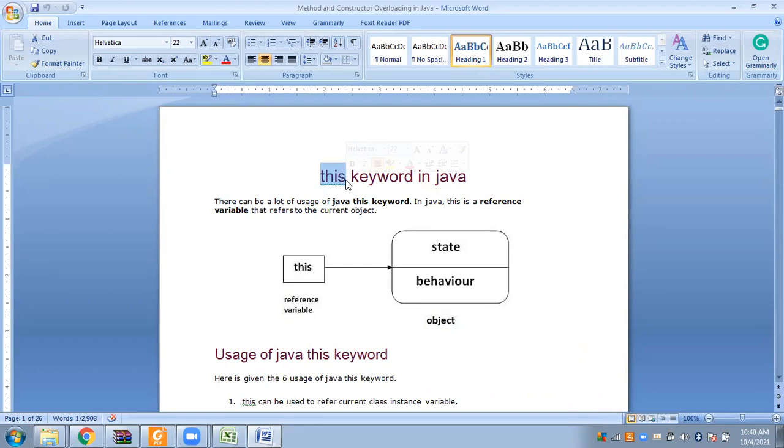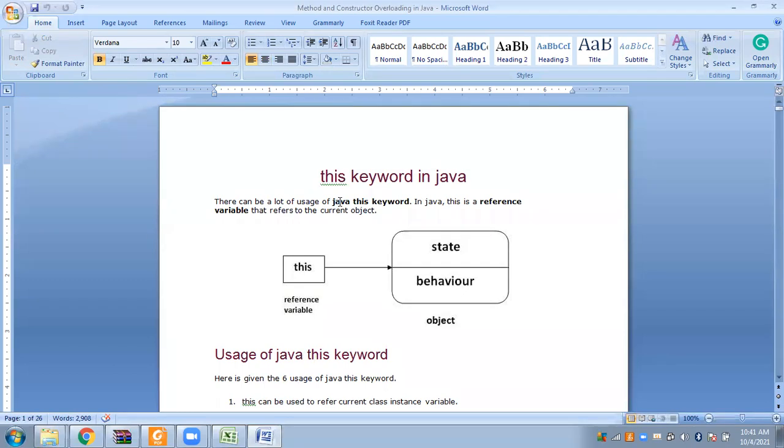So that is a general term. Now, when we talk about Java, here also it means the same thing, because object-oriented programming concepts are always drawn from the real world. So here also nothing is different.